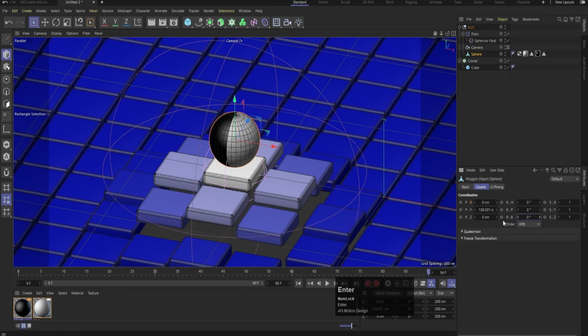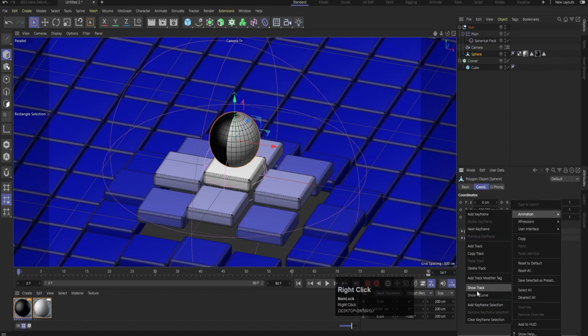Now I need the rotation of this pair over here, so we need to rotate it on Z axis. So create one keyframe at start, go around over here, and we are going to type minus 360 into 3, create another keyframe. Okay, then select this, right click, animation, show F curve,